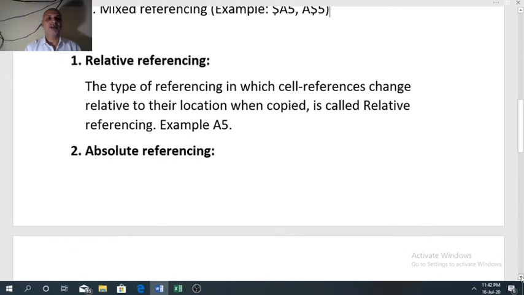Starting with relative referencing, the type of referencing in which cell references change relative to their location when a formula is copied is called relative referencing. For example, A5.